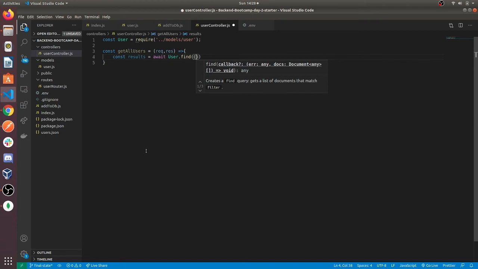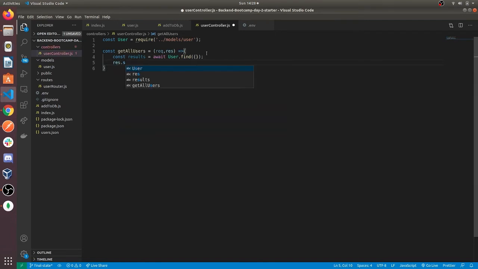The mongoose queries are asynchronous in nature, so we have to await them. After getting the results, we'll just send it in the response.